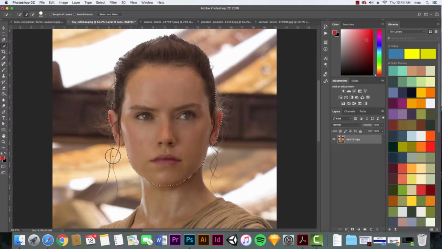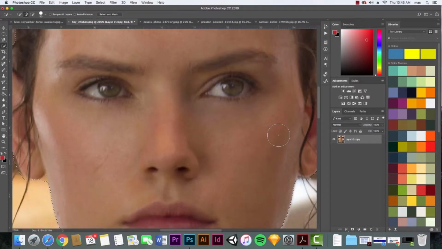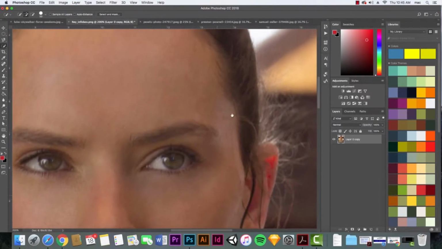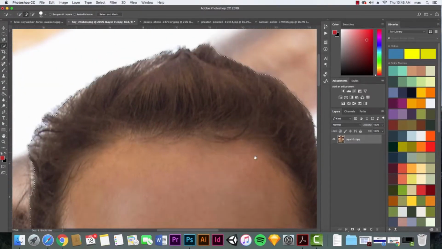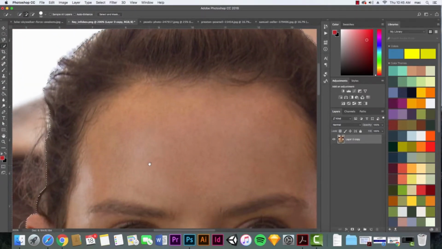And remember, if you want to minus from a selection here, I might make my brush a little smaller by using my left bracket. Just hold the Option key down to minus parts if there's things that you don't like. You can always zoom in too by Command plus to get a finer look at your selection. And I'm using the space bar to look around. And I think for the most part,